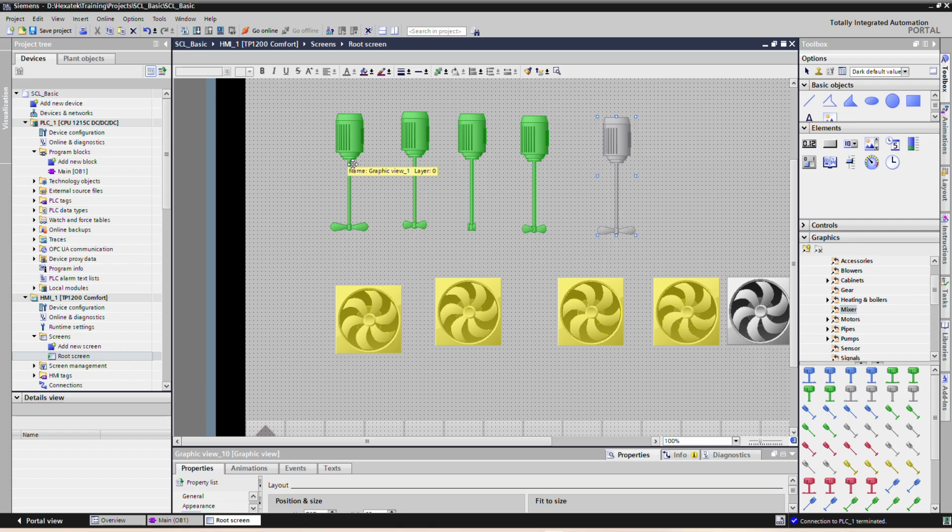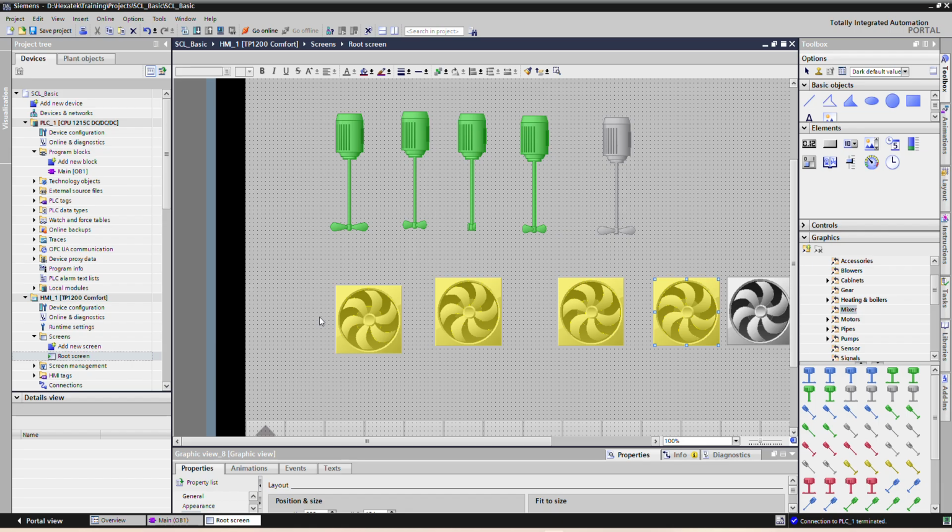If we assign some integer or word and pass the value 1 2 3 4 5, after some time, in the sense after 1 second or after 500 milliseconds, these values will be updated, and based on these values we can show the respective object so that it will look like this mixer is rotating, and the same thing will happen for